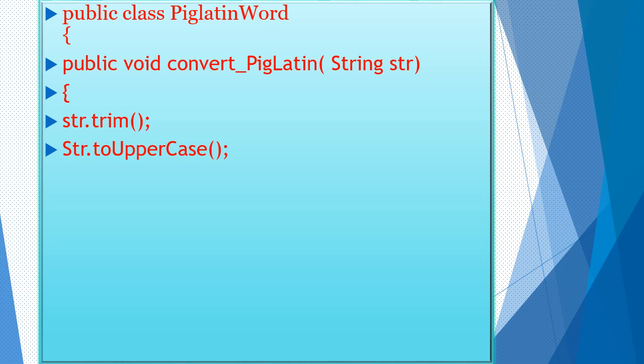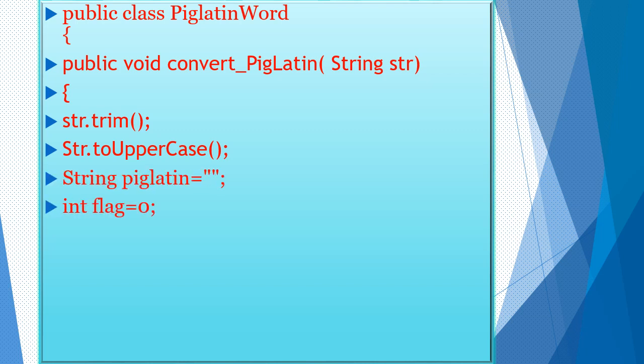We use the trim function for removing the blank spaces from the beginning and end of the string, and as said in the question, we need to convert the given word into uppercase by using the toUpperCase function. So all the letters of the given word will be converted to uppercase alphabets.